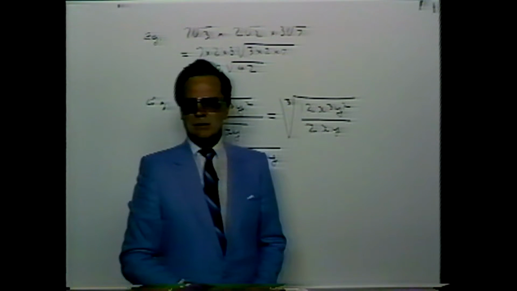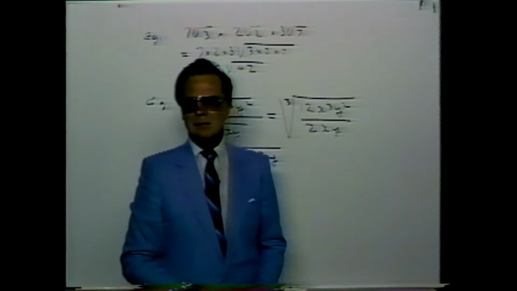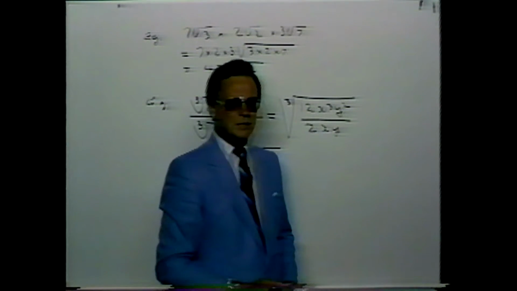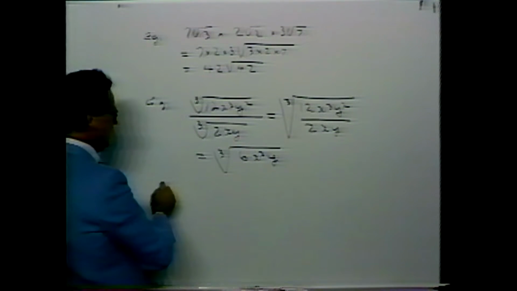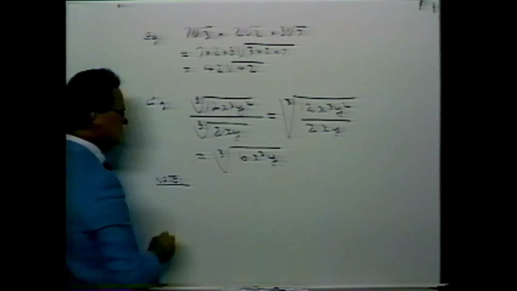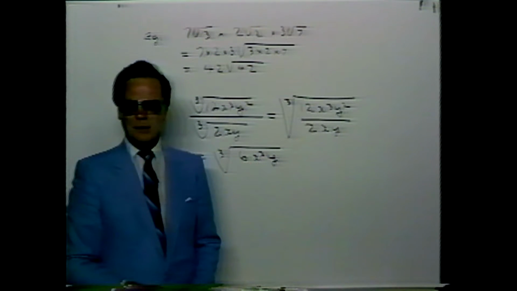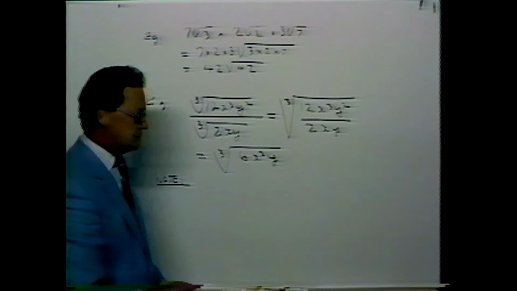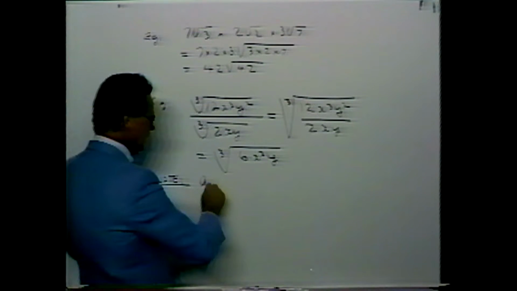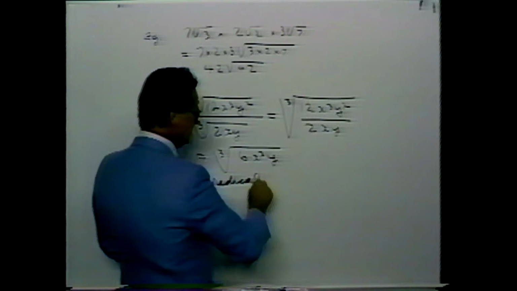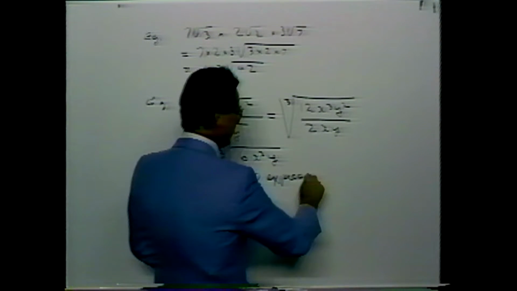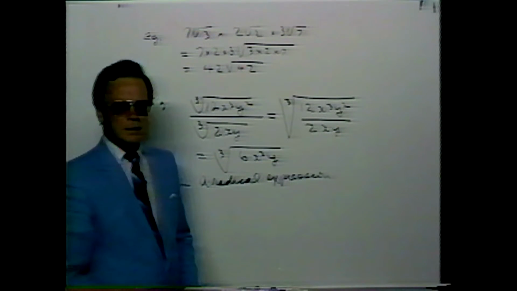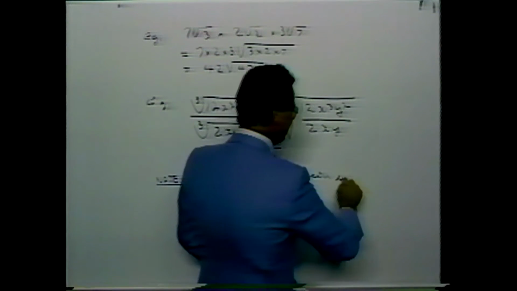A radical expression is in its best or simplified form if the radicand does not contain powers whose exponents are simple multiples of the index. Now here's a statement that we want to pay careful attention to regarding simplifying radical expressions. Note, a radical expression is in its best or simplified form